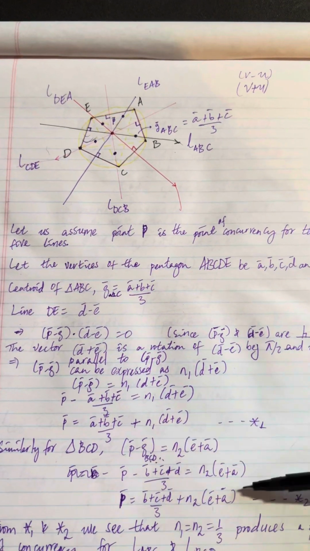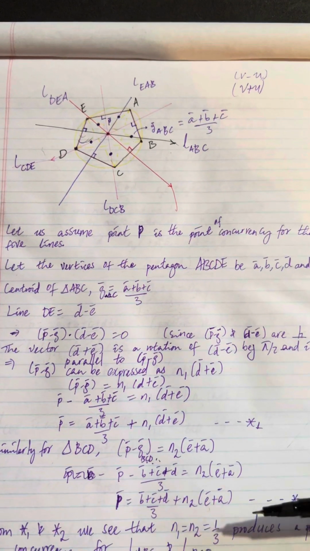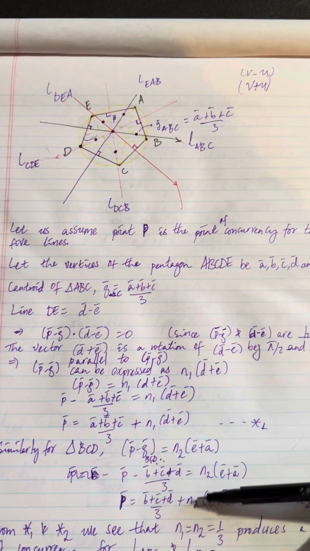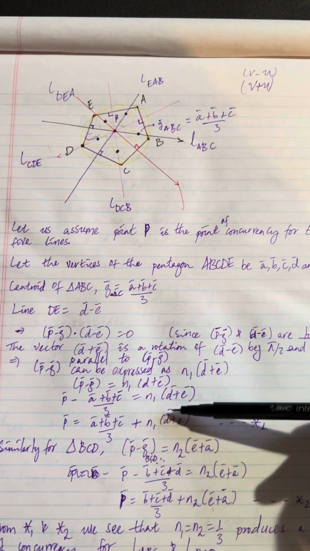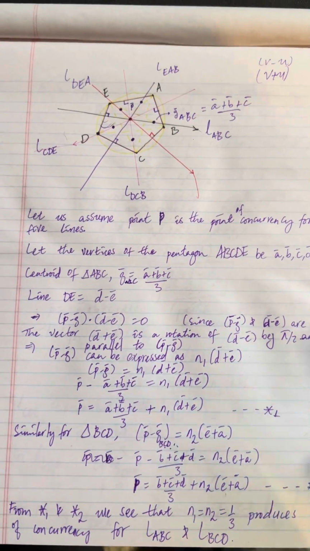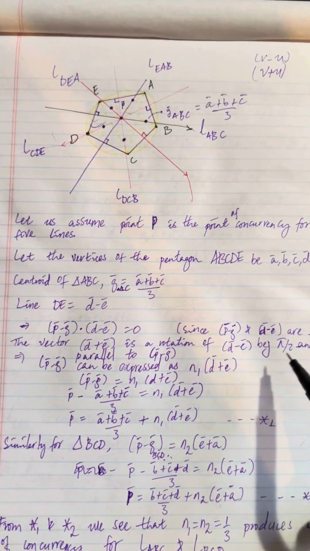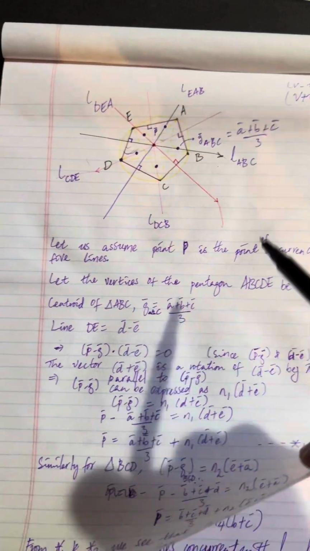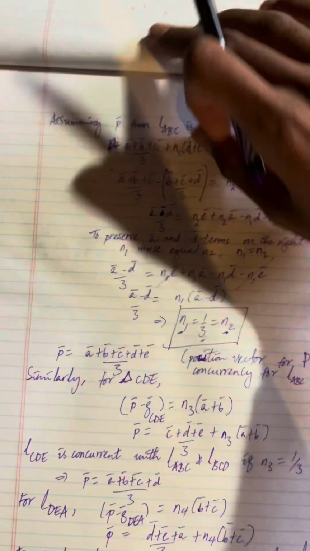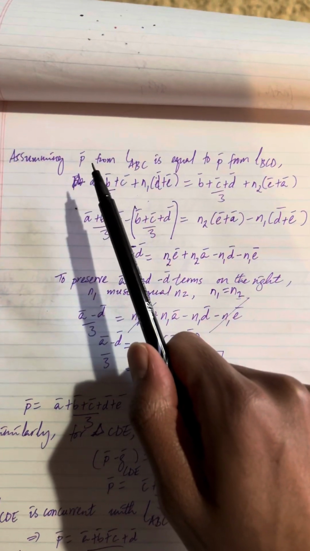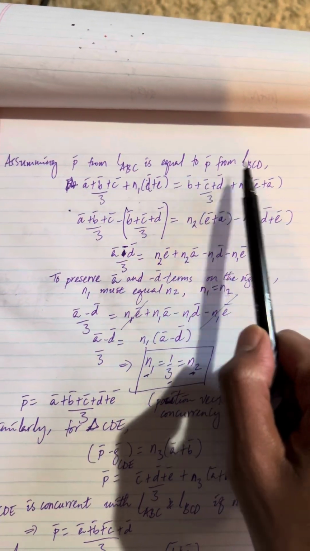So for these 2 to be equal means there is a point of concurrency, and that can only happen when n1 and n2 are equal to each other, as I will show you in the next page. But how do we actually show that it is 1 over 3? Well, assuming P for ℓABC is equal to the P for ℓBCD,